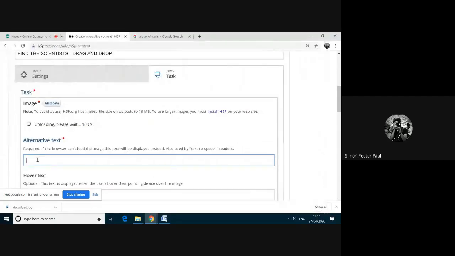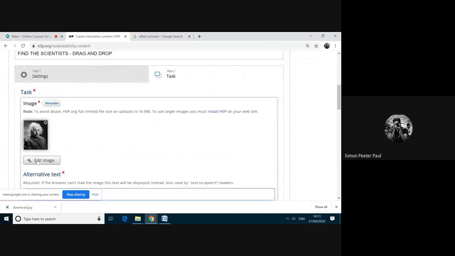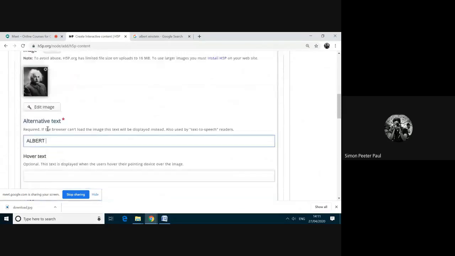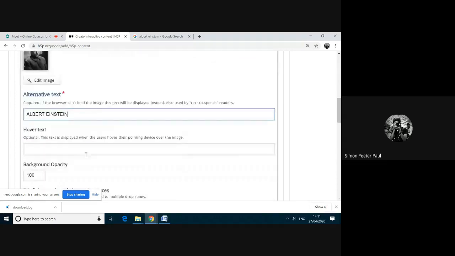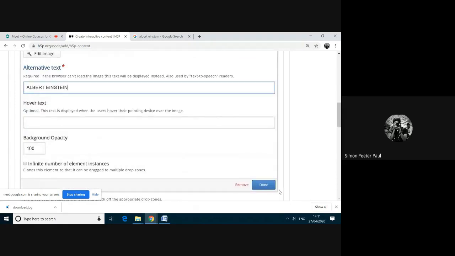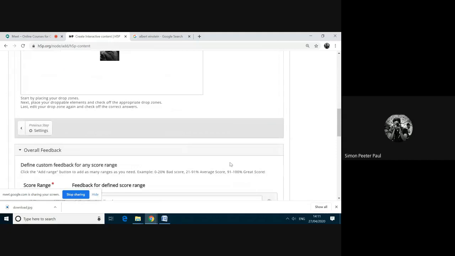Meanwhile, I'm giving Albert. The image got uploaded, and I'm giving his name. Alternative text is Einstein. I have given Albert Einstein, and after that, I'm clicking the done here.